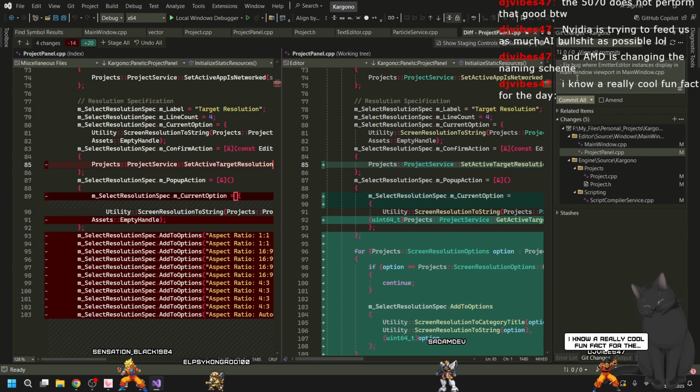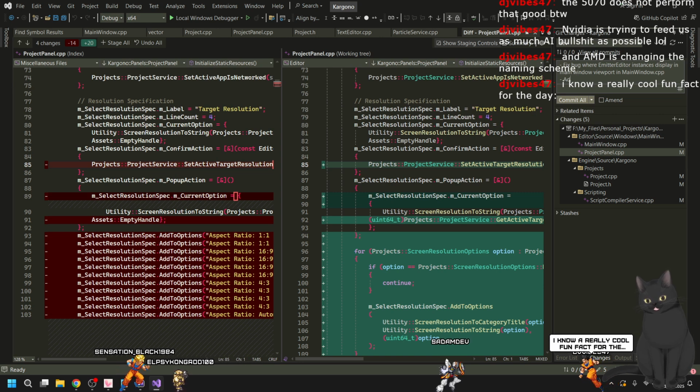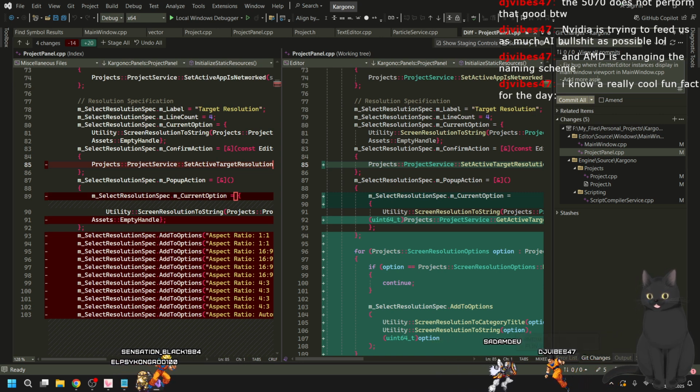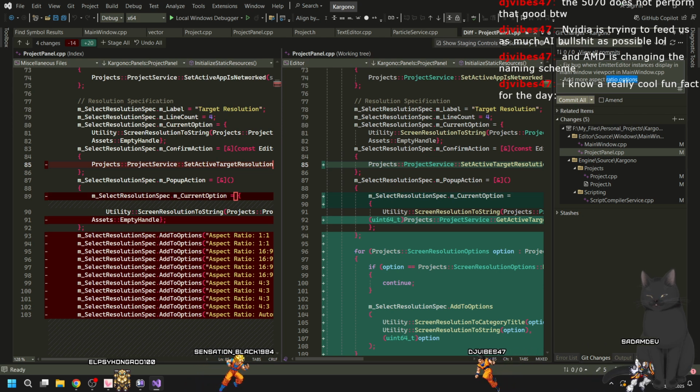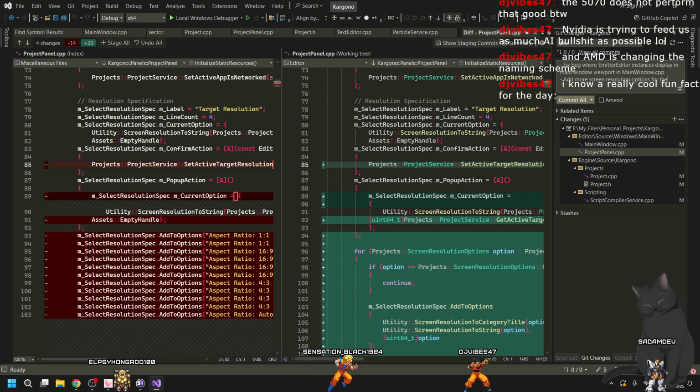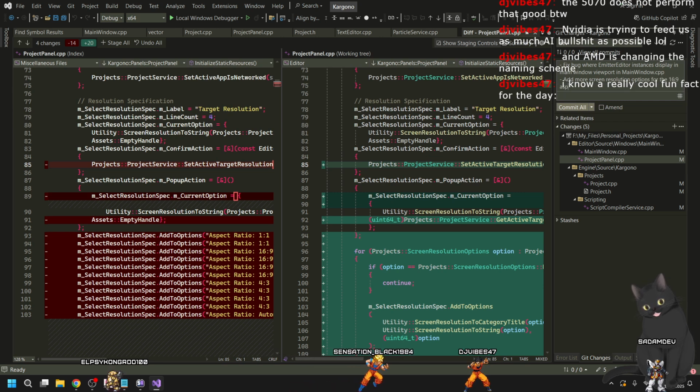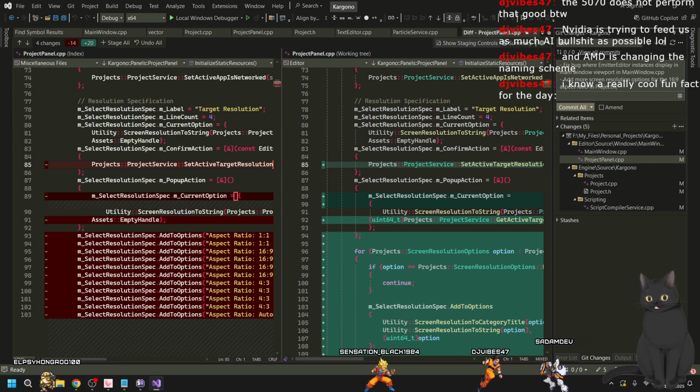Project, okay, and then add more aspect ratio options, or more screen resolution options for the 16 by 9 aspect ratio in project.h/.cpp